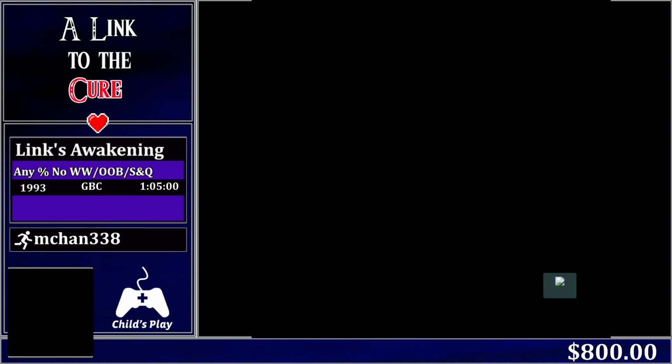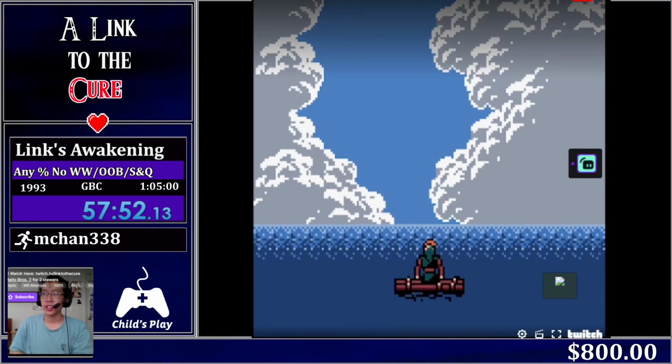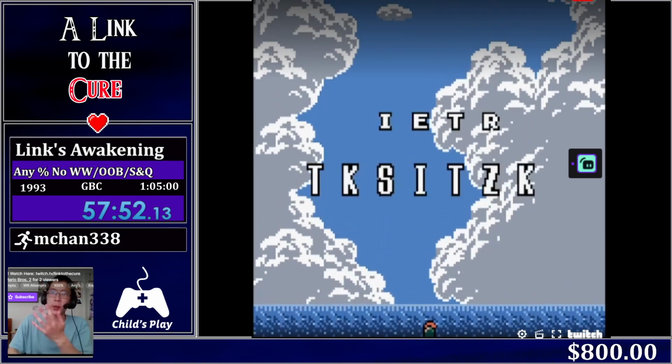Because I died earlier in the run from the shopkeeper, you don't get the secret ending that this game has when you beat the game without dying at all. That's because we skip a lot of the game, there's a part in the game where Marin wishes